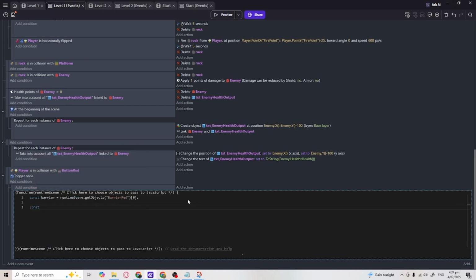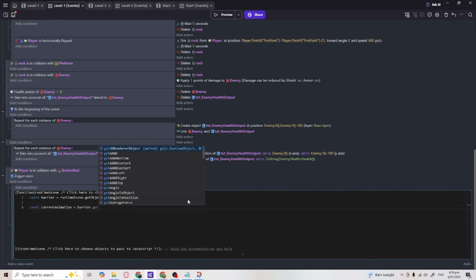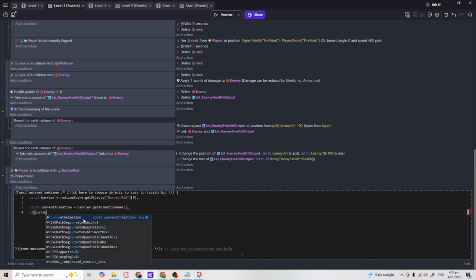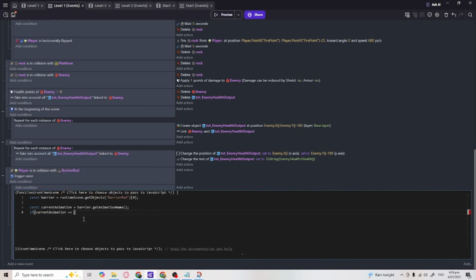I'm going to have another constant variable. This is going to be checking what is the current animation. It's going to be the barrier's dot get animation. Get animation. So this will tell me what animation the barrier currently is activated. If the current animation is the off animation,